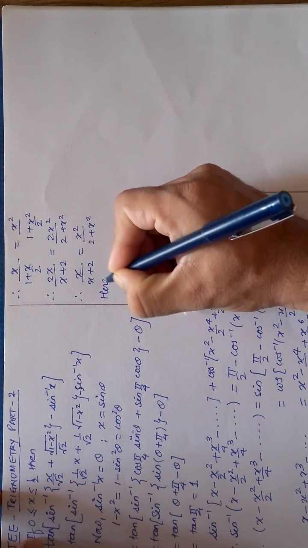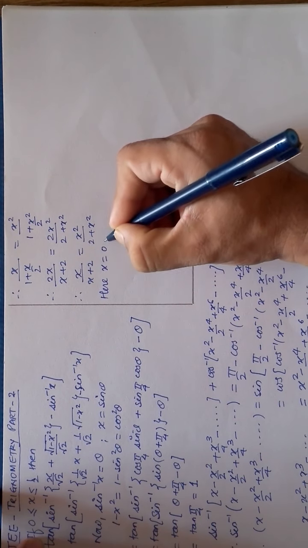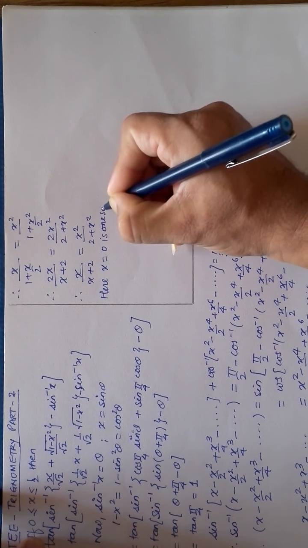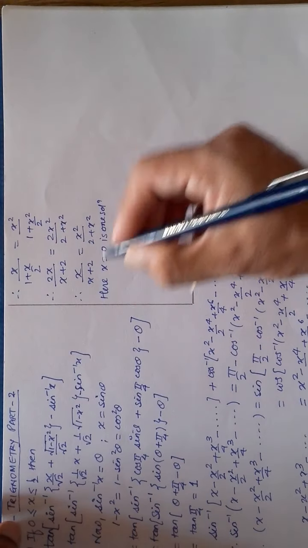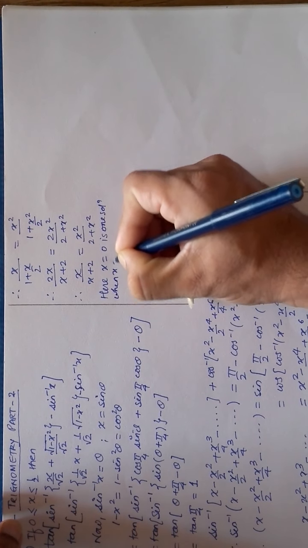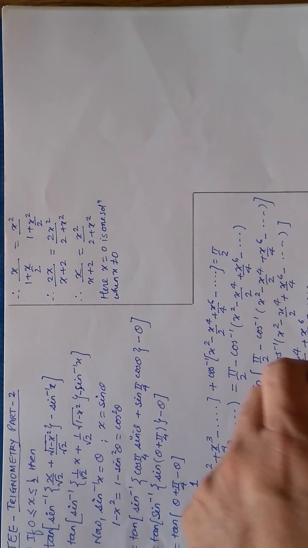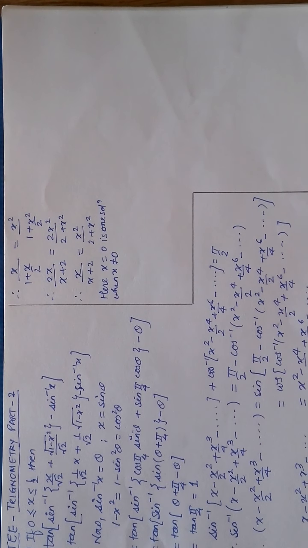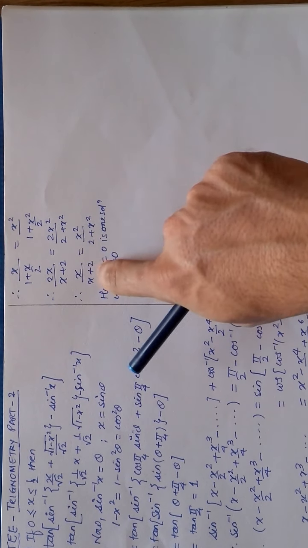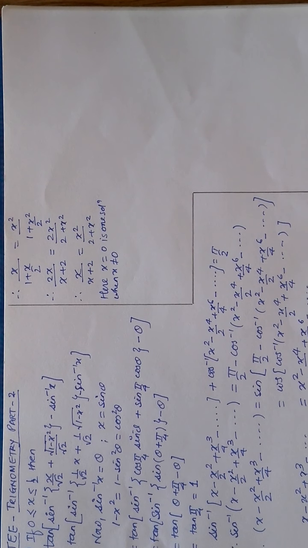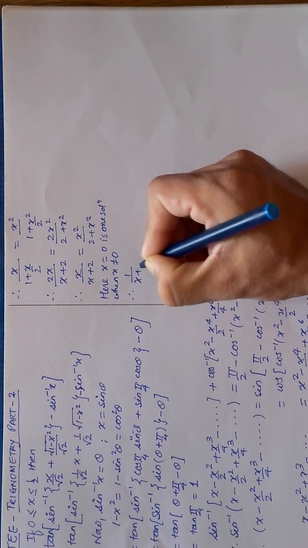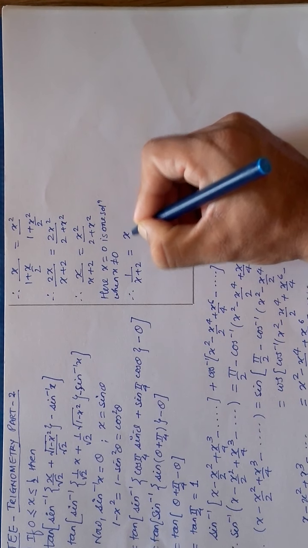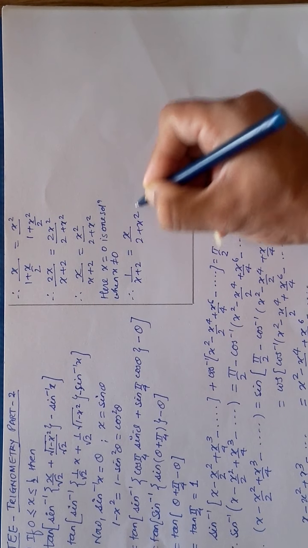So here obviously x is equal to 0 is one solution, right? x is equal to 0. Now when x is not equal to 0, you can already check why x is equal to 0. When I put x is equal to 0, left hand side and right hand side both become equal. So when x is not equal to 0, one of the x will cancel. So I will get here 1 upon x plus 2 is equal to x upon 2 plus x square.